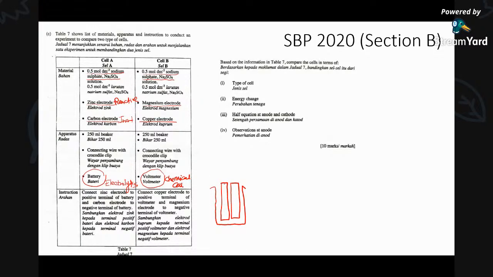So connect the zinc electrode to positive terminal of the battery, positive. So this will be zinc, this will be carbon. Okay, and carbon electrode to the negative terminal of the battery. You have to draw, then only it will be clear enough. Okay, and the electrolyte used over here is sodium sulfate. Okay, so cell B, this is cell